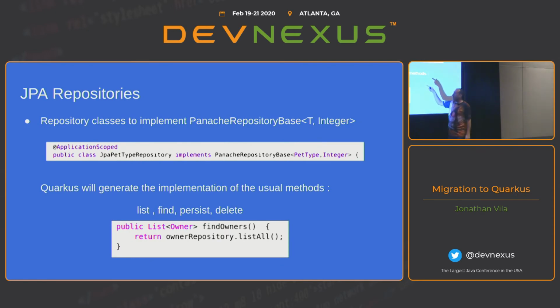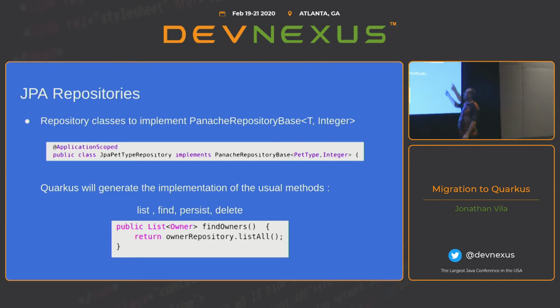For the JPA repositories, well, we use Panache repository is the common use, but I had to go to Panache repository base just because Panache repository is based on long for the ID class of the entity. And in this project in Spring, it was integer.